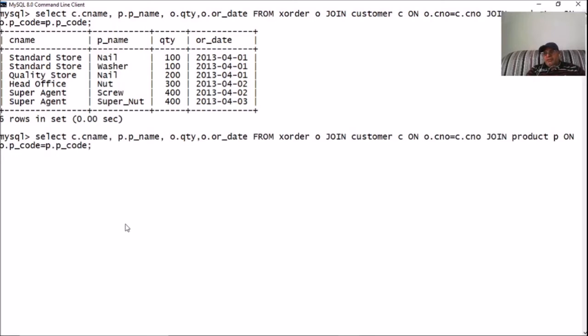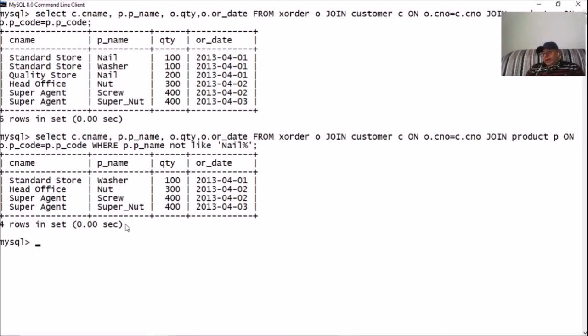So I have given the condition join product P on this, where P dot P name not like nail. The nail has disappeared.